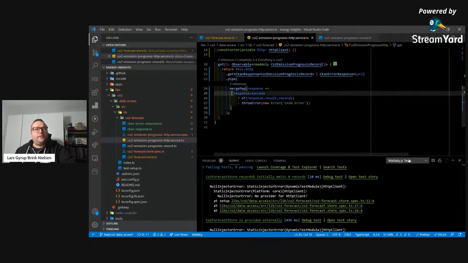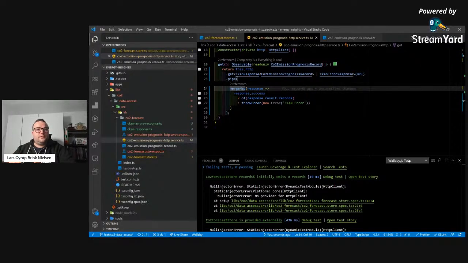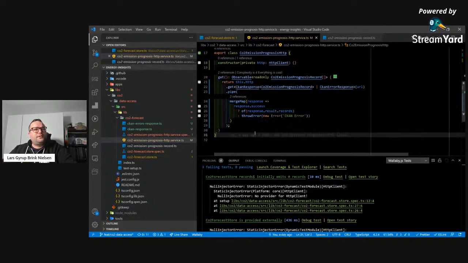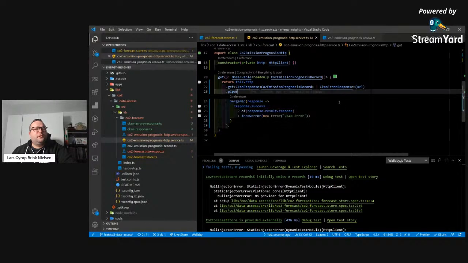Okay, so now I have split it out into the success response, and it will emit an error if it's an error response. So that's good for the first here. Then we will handle the error higher up in the code at a higher level. We could also throw in a retry strategy here, but let's not do that for now. The API is usually stable. Okay. Yeah, it looks like this is what we want to do, but now there's one thing,